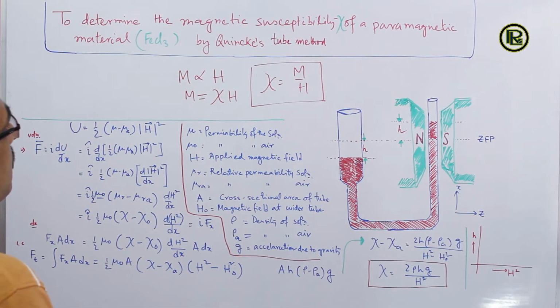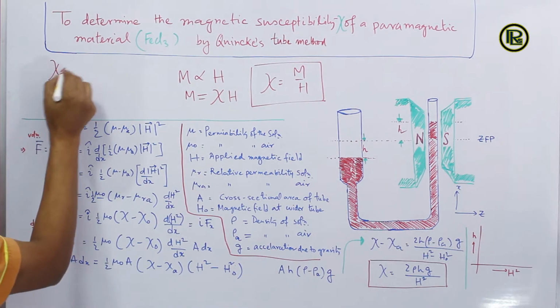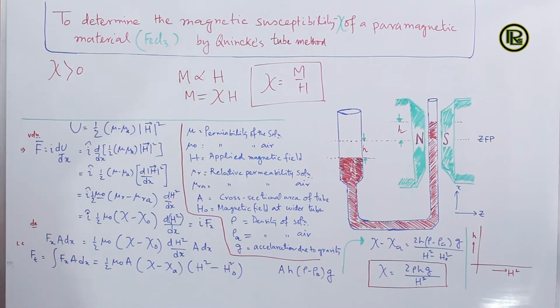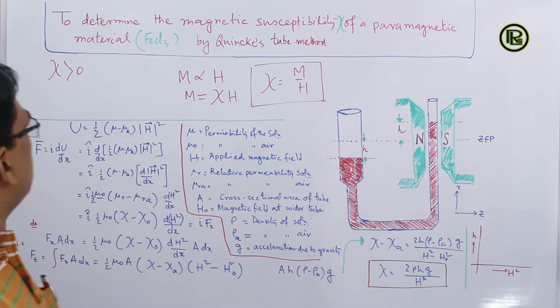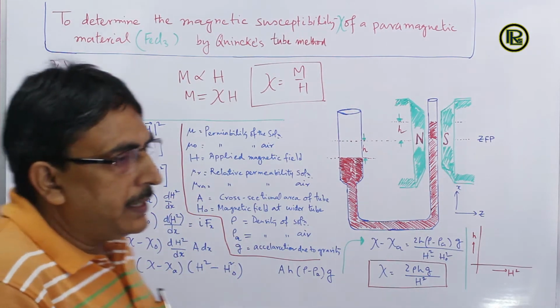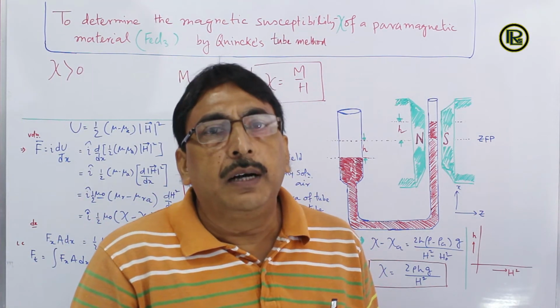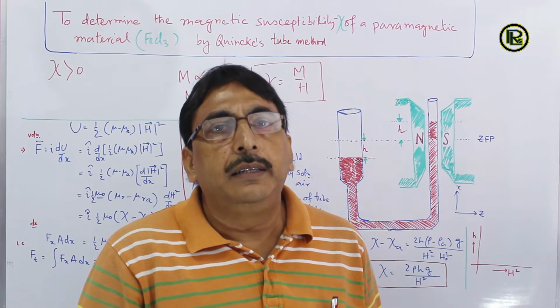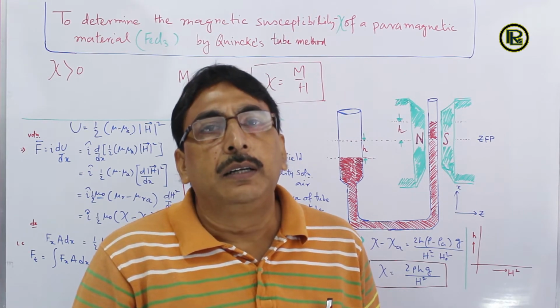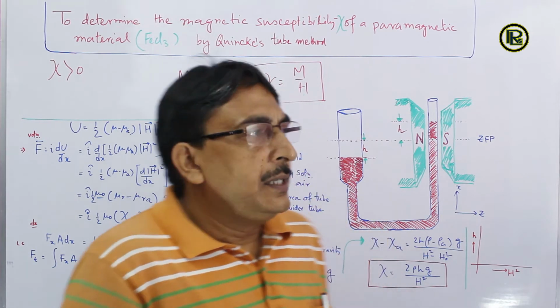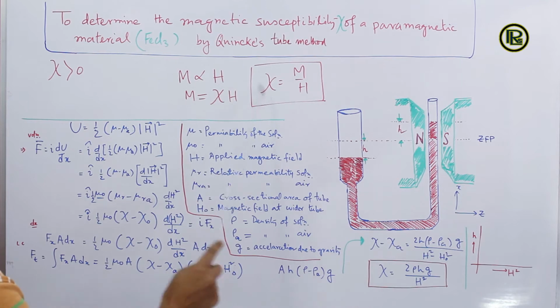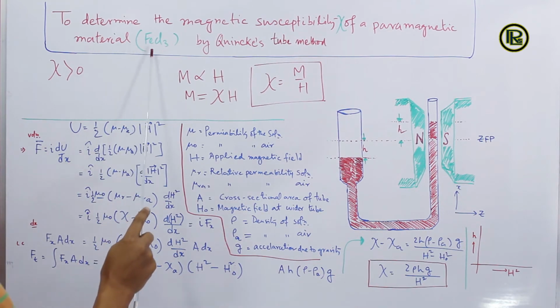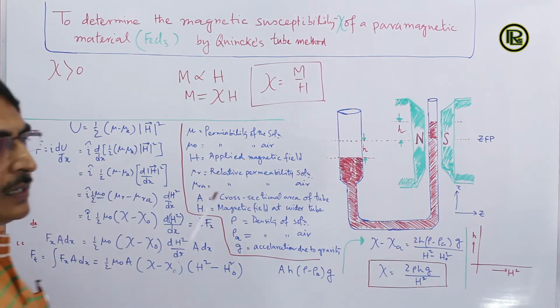This chi for a paramagnet is greater than 0, so it is a positive quantity, and it is independent of the value of the magnetic field, and inversely proportional to the temperature of the sample. So in this experiment, we want to determine the value of this chi for ferric chloride, which is a